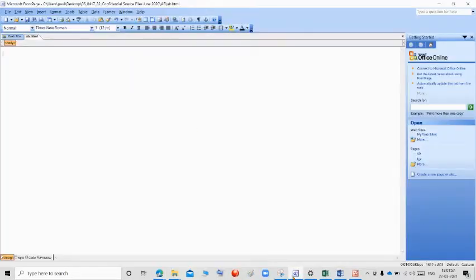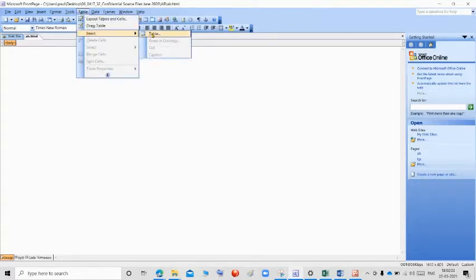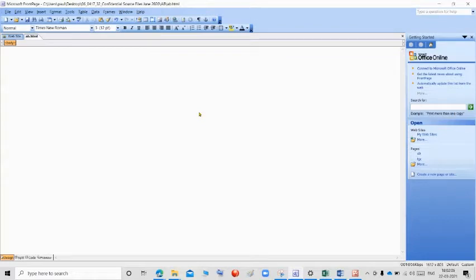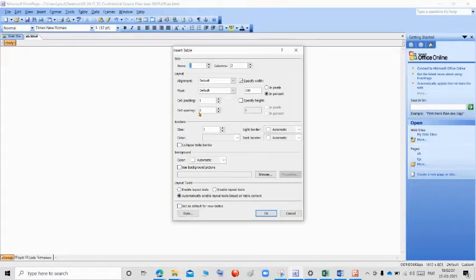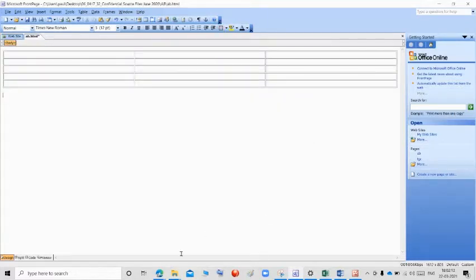So go to the table, click the table or buttons, go to insert and click table, give 5 rows and 3 columns. Click OK.